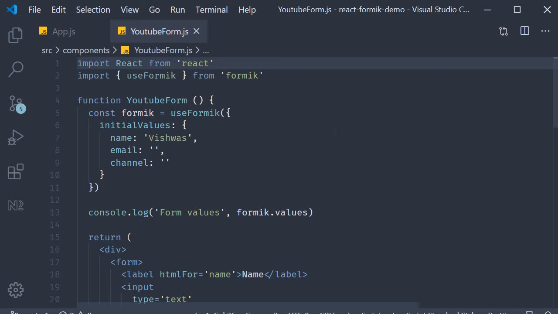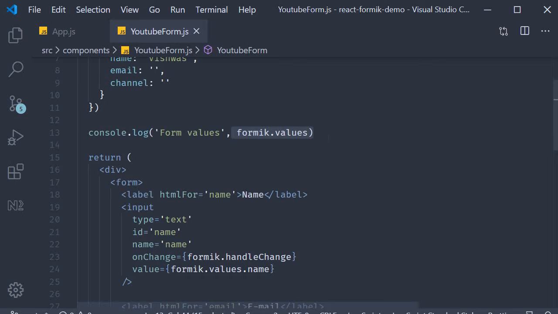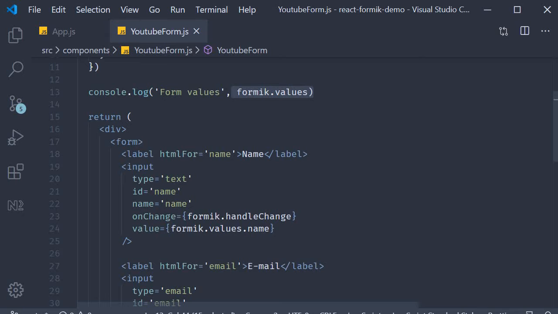In the last video, we learned how to manage our form state using Formik. We learned that we need to specify the initial values in the object passed to the useFormik hook. We learned that we need to add the onChange prop to all our form fields. And we also learned that formik.values contains all of the form field values, which can then be assigned individually to